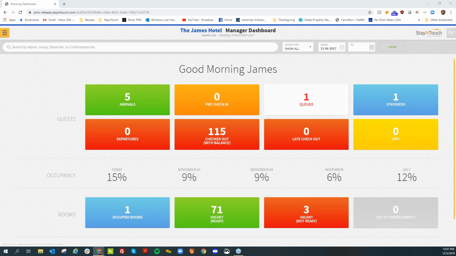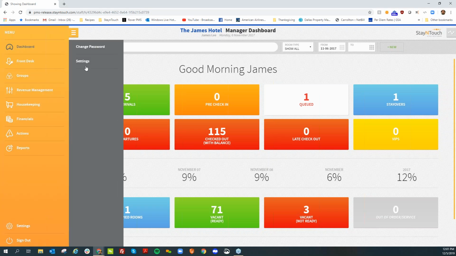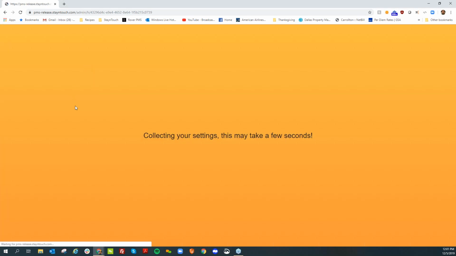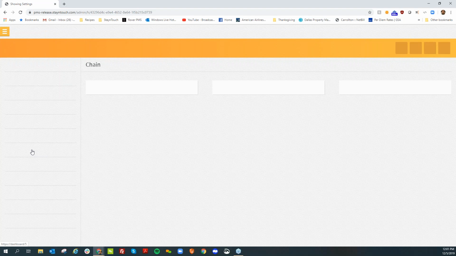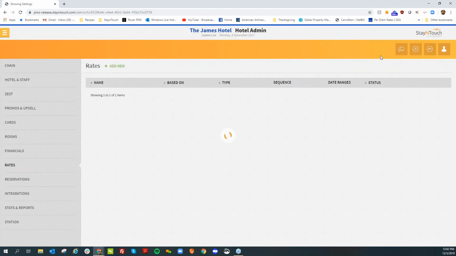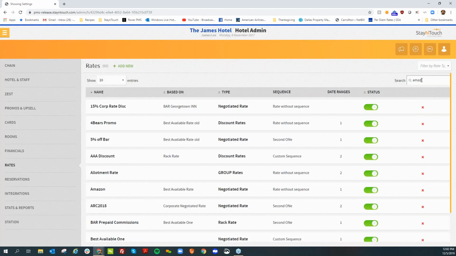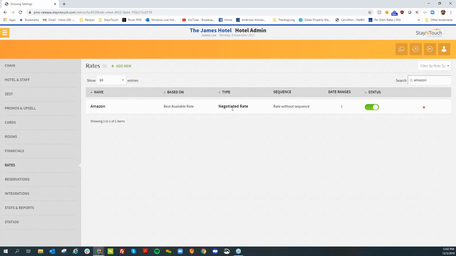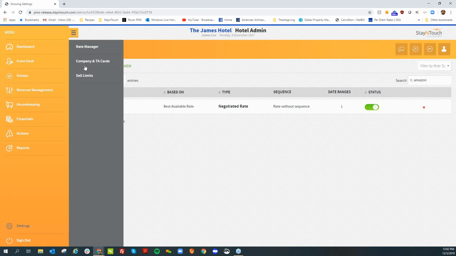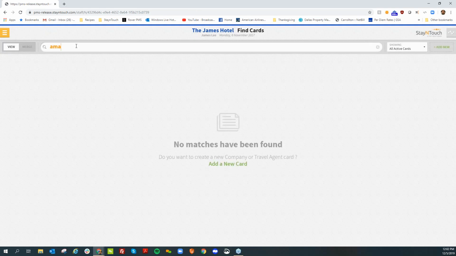on the company card. So if I go into my settings right here, and I set something up to show you as an example, I have created a rate code for Amazon. And I show my Amazon is set up as a negotiated rate. And now if I go back and look at my company cards and bring up the company card for Amazon,